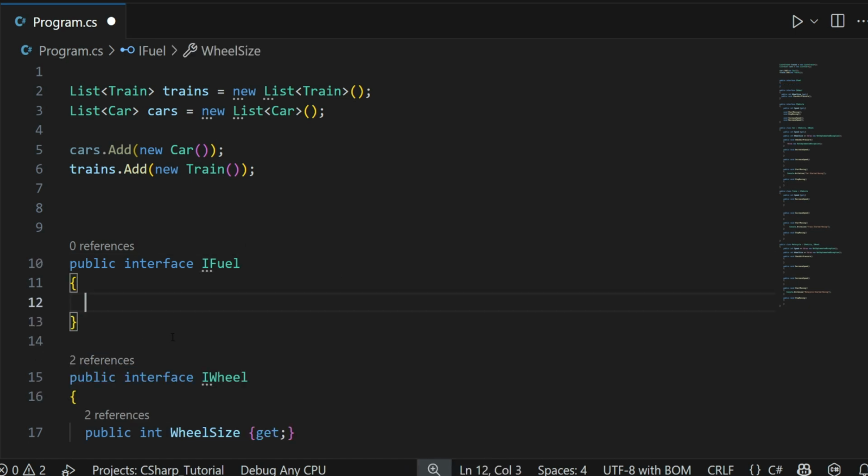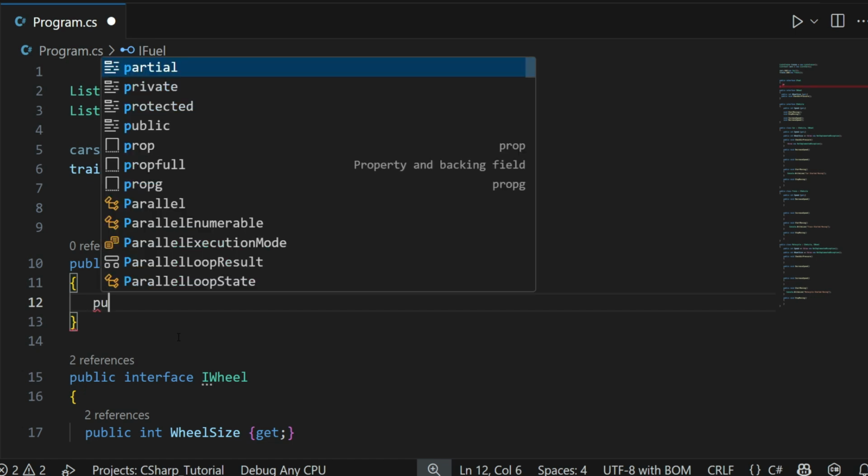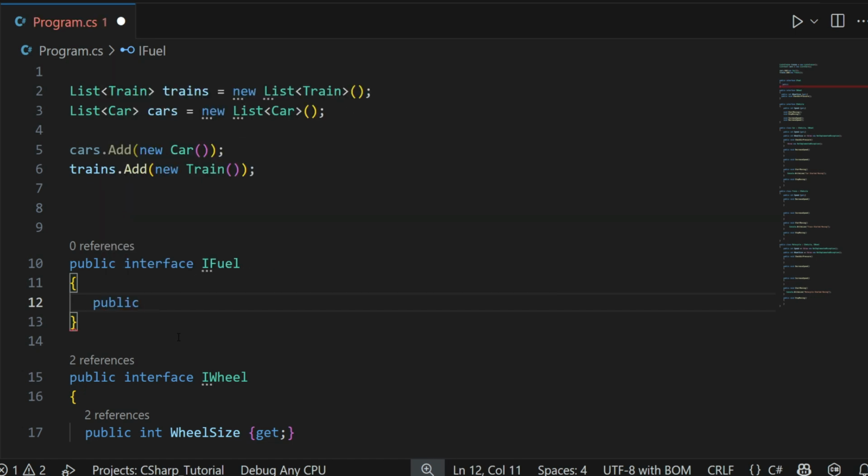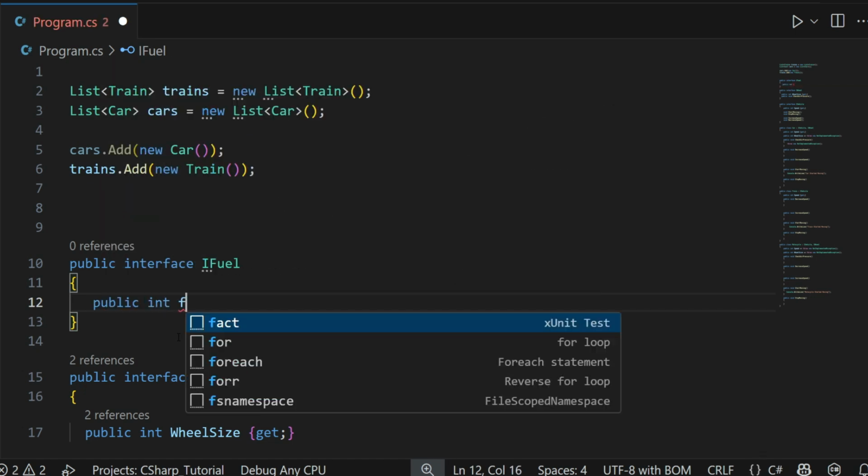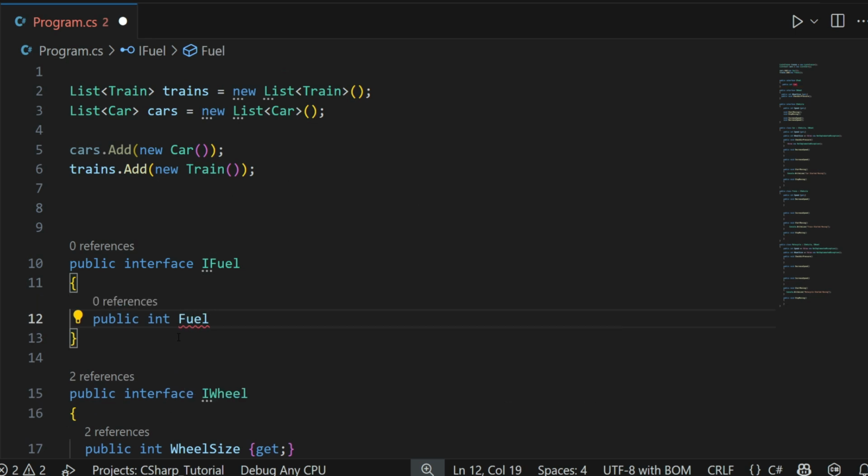So then we can have this public property, public int fuel capacity,